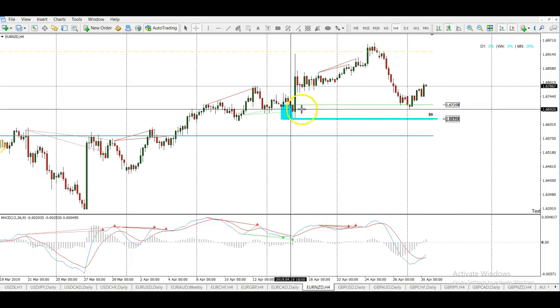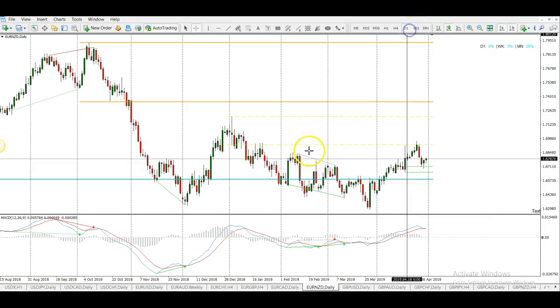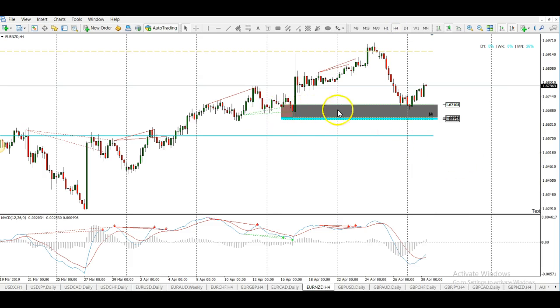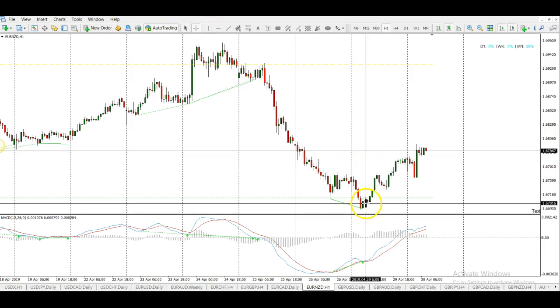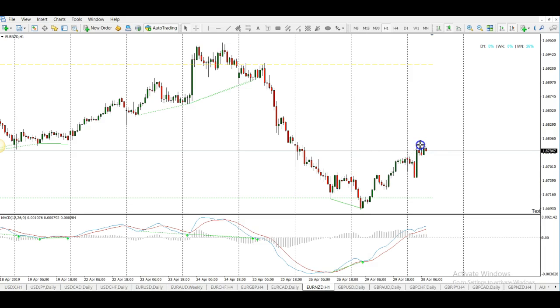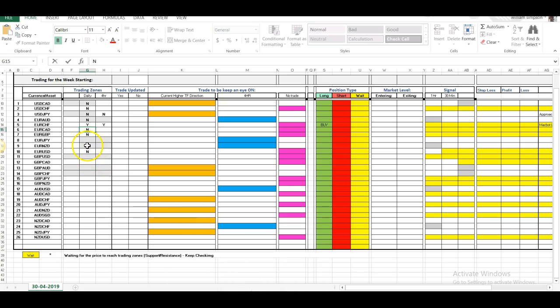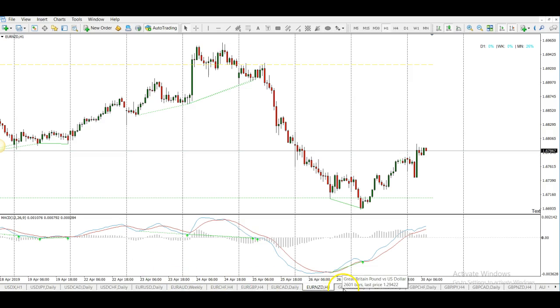So just so I explain that again, we had a 4-hour inside a daily, we had a daily zone here. We had the 4-hour here inside the daily, it comes down to test it with the 1-hour signal, and you can see it was a nice run straight to profit. And we actually took that live. It was a nice 90 pip trade there yesterday, but today nothing on it. Okay, next one,